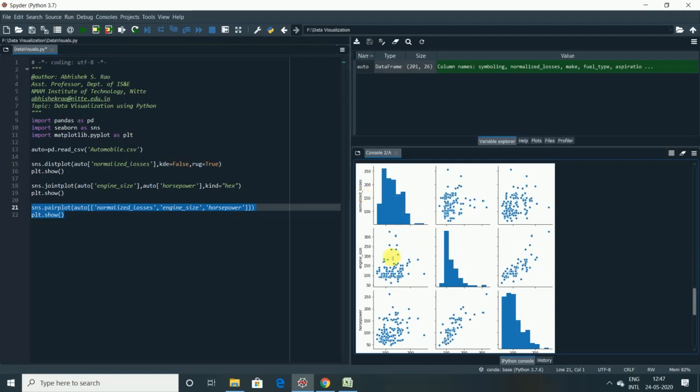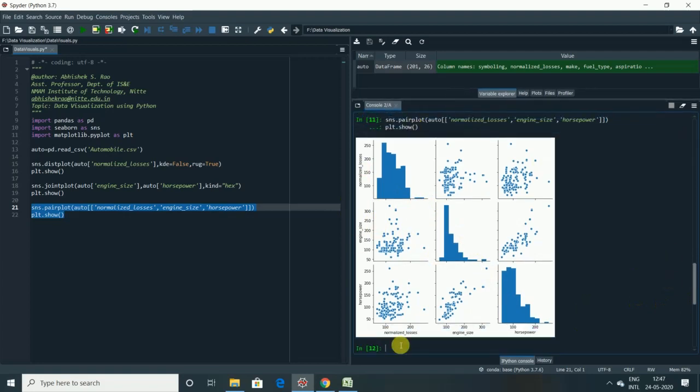You can see here very clearly: for normalized loss, you have a histogram. Engine size, you have one more histogram. Horsepower, another histogram. So histograms are drawn on the diagonal, and you can see the upper triangle and the lower triangle.